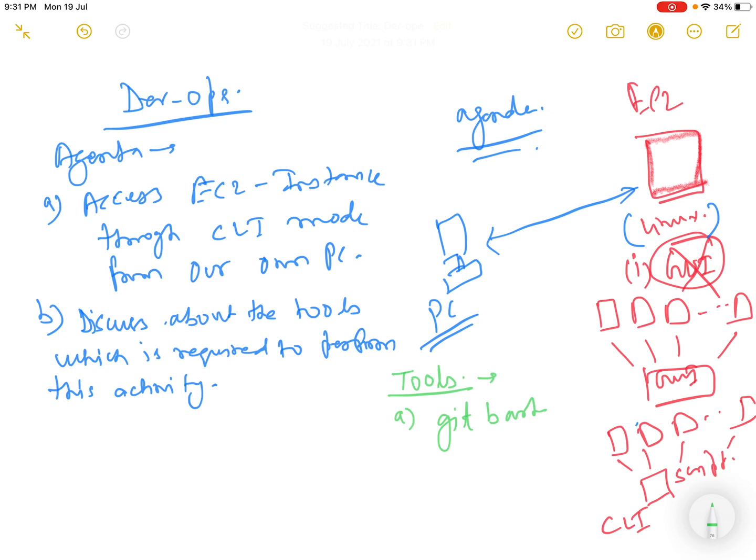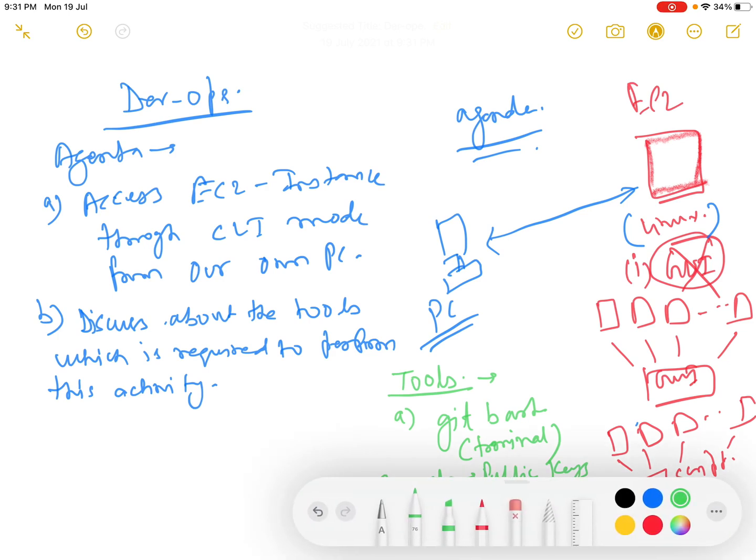We are not discussing here what Git or Git Bash is. We are just focusing on the process of how we will do this. Just consider this a terminal, and from this terminal you will generate public keys and private keys.